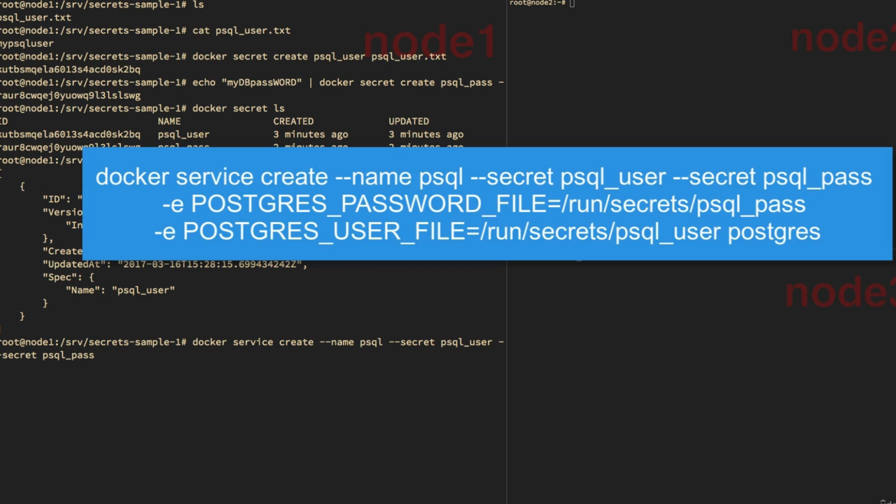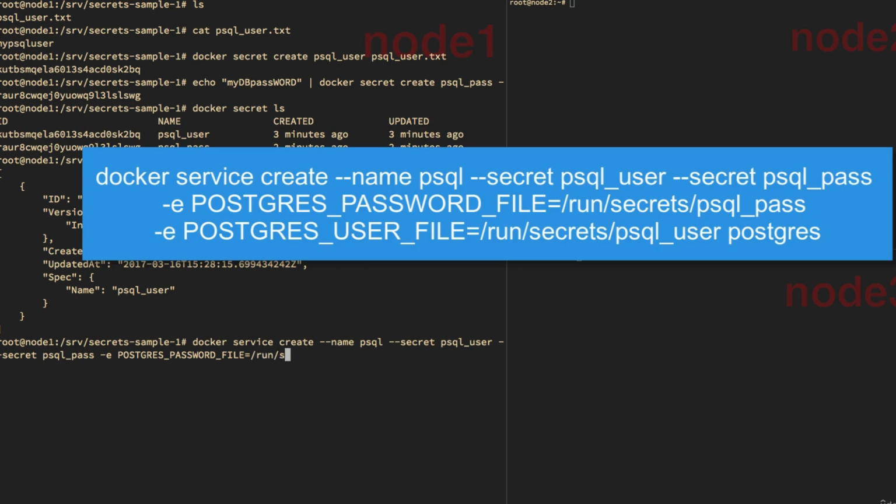Okay, so this maps the secrets to the service so that they show up as files inside the container, but it doesn't tell the Postgres database that we're creating from this image how to use those secrets. So usually we need to do something with the configuration of the image. In this case, the official images from Docker Hub have settled on a standard where you use environment variables, but instead of passing in maybe something like Postgres password, that would be hard to use with a file. We'd have to actually cat out the file into the environment variable, and that's a little bit of a pain. So they have this standard where if you specify a file, and this would be the path,